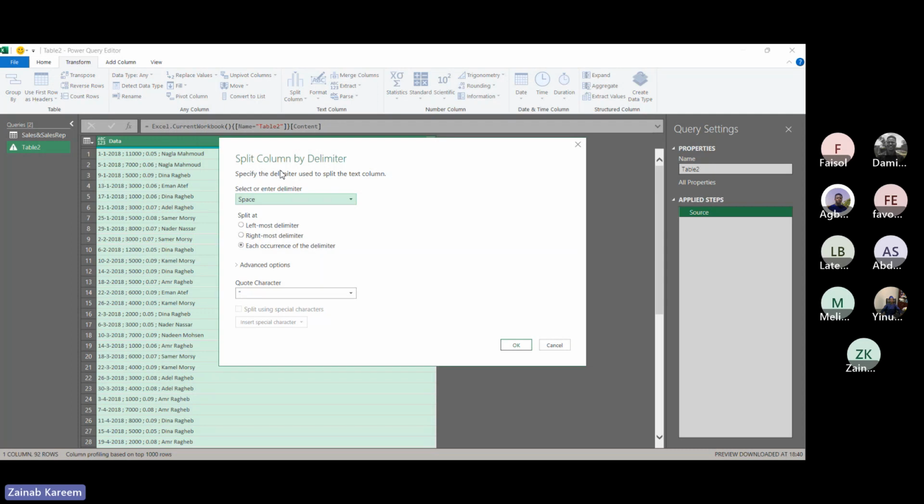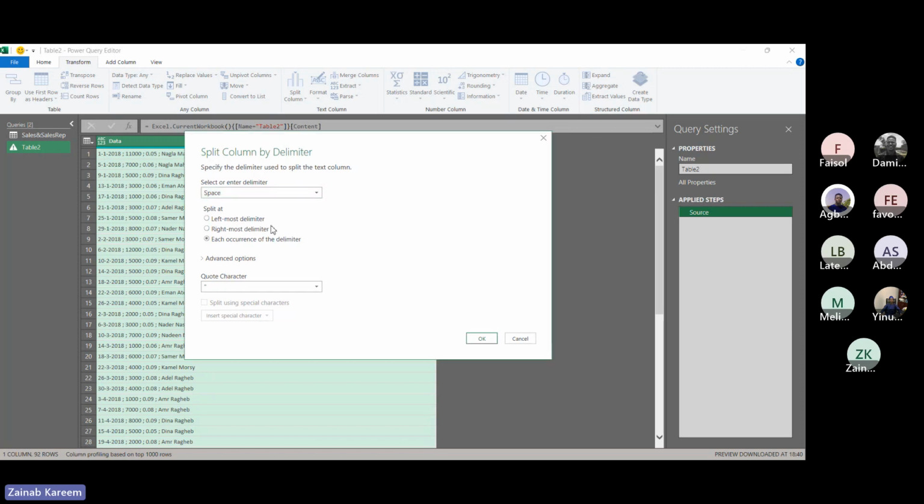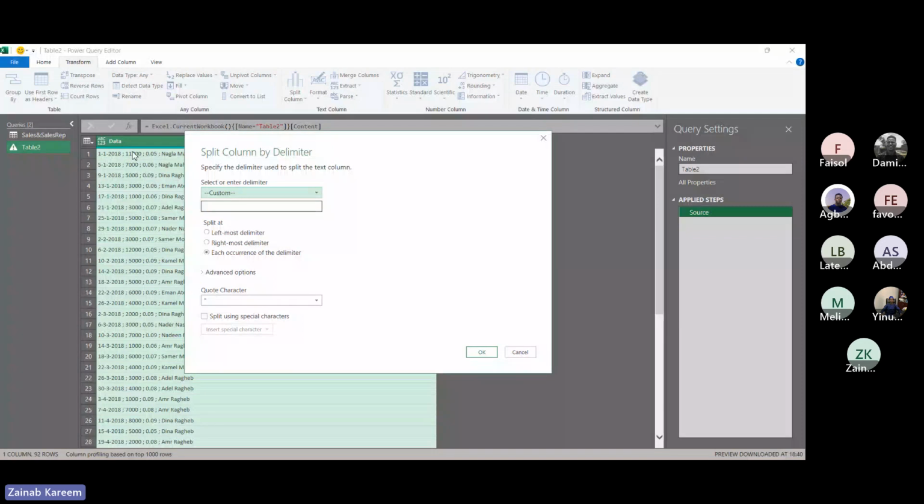These are the options for separating values, but the one I'm going to use is split by custom, because I want to write this sign separating each of them. But there are other ones you can use. We have the colon, the comma, the semicolon. So I can just say custom, and then I would write